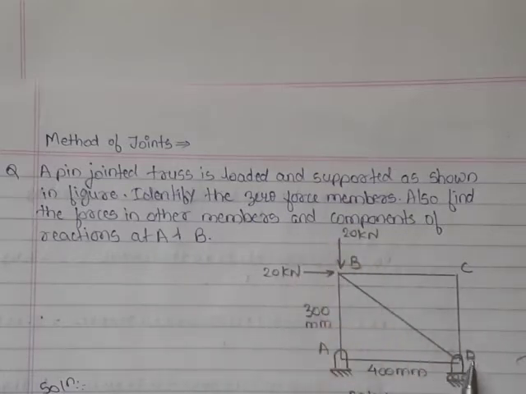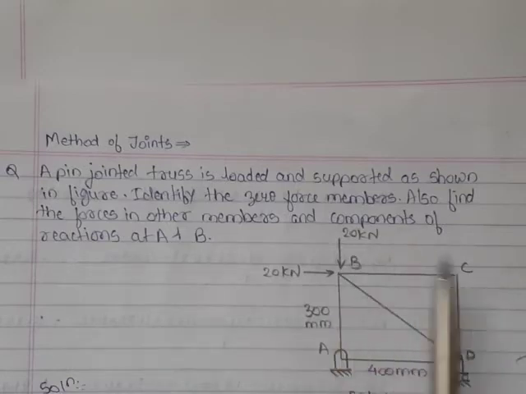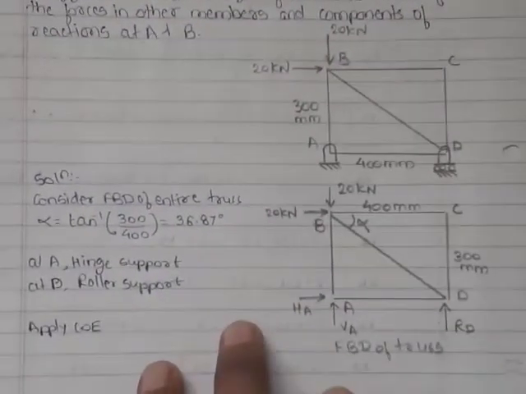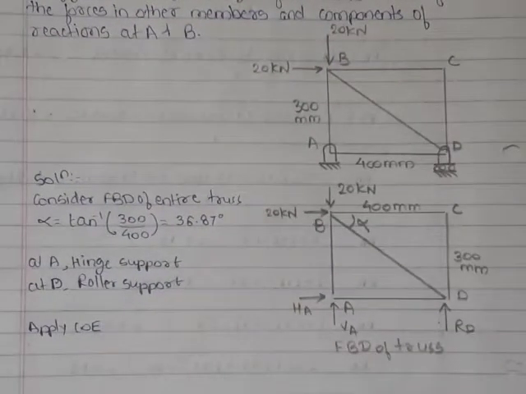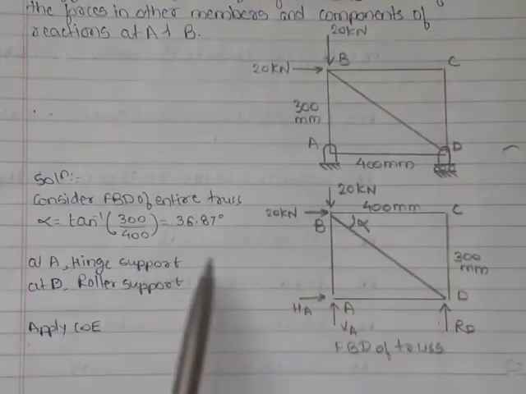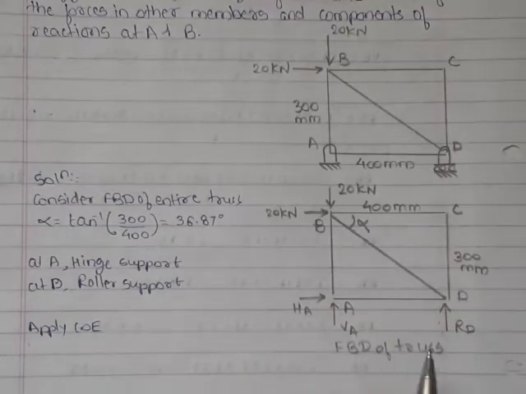This member is inclined. It is required to find out the angle made by inclined member with the horizontal. These dimensions are available. This side is 300 mm, whereas these horizontal members are having length 400 mm. We'll draw FBD of entire truss. Here this angle is equal to tan inverse 300 upon 400, which comes to be 36.87. Now we have drawn FBD of entire truss by removing the support and showing the support reactions with the external